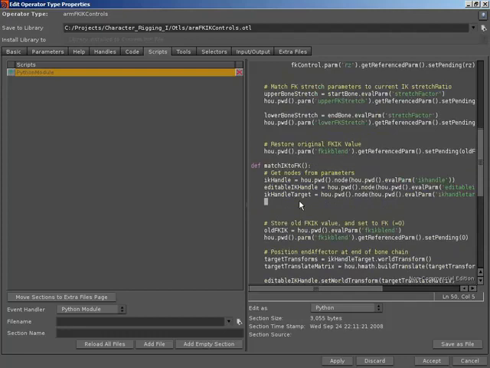We want to grab our start bone. We're going to need our end bone. That's going to give us our elbow position. We also want to eventually set values on our twist control, so we need that as well. So let's go ahead and say our start bone is equal to